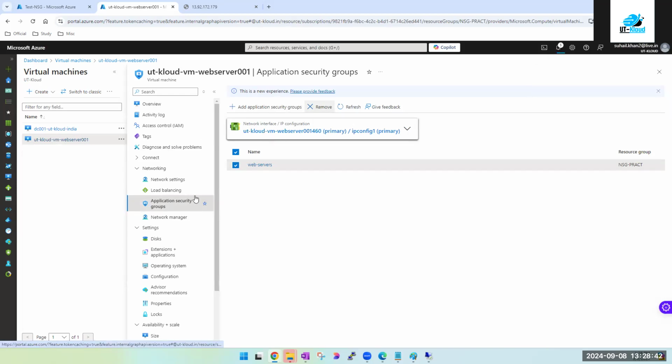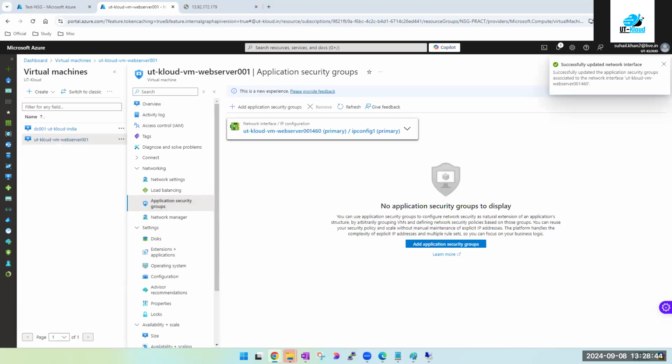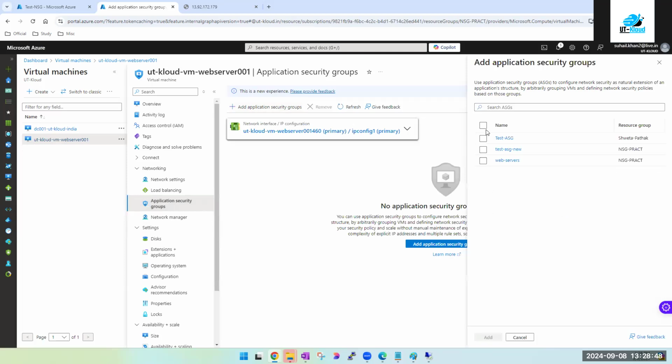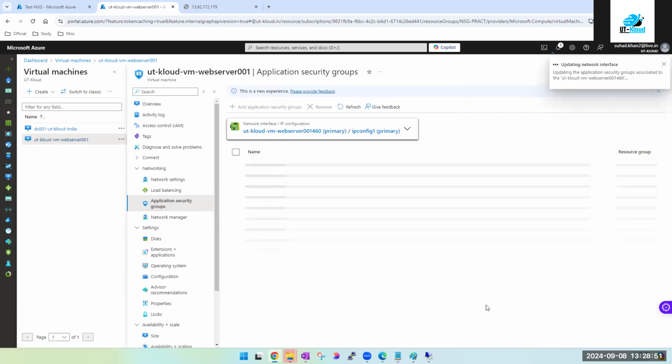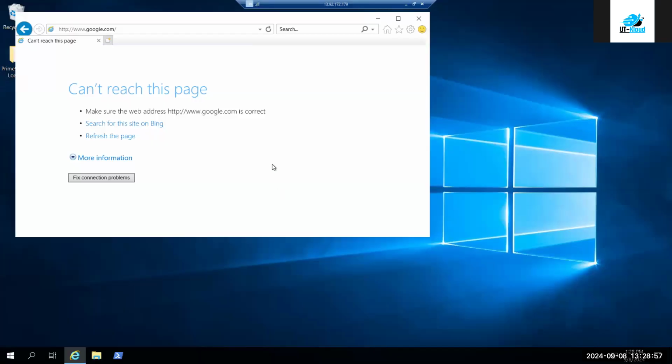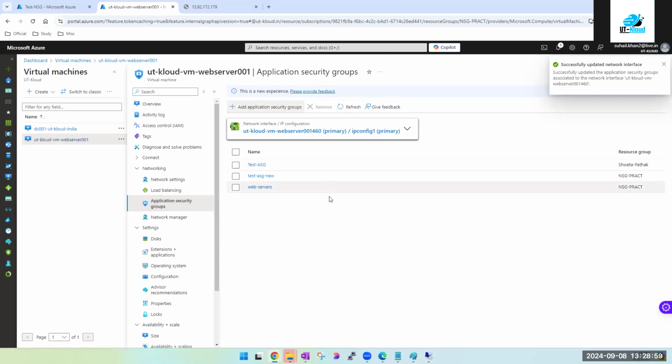This machine is already created. You guys accessed the website on this. You guys tested the machine. The machine is up and running, and I can still add or remove the application security group. So there is no limitation like that. This is the machine, and it is up and running. Can you see? Yeah.